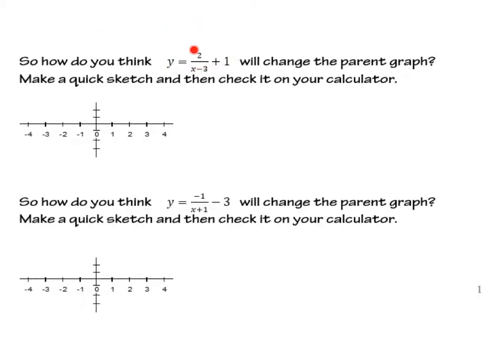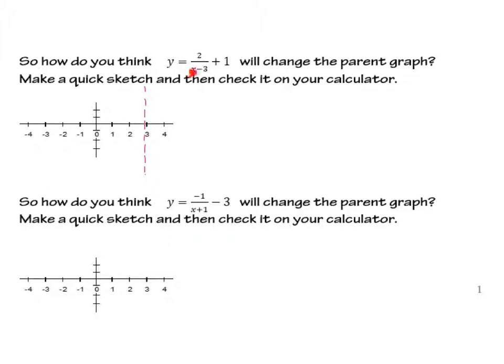In this one right here, the 2 is going to have a vertical stretch, so it's going to be a little steeper looking. This -3 is going to move it horizontally. We do the opposite, so it's going to move right 3. This is going to move it up 1. Okay, so what it's really moving for us are those asymptotes that we had. So that asymptote that used to be right on the y-axis, that vertical asymptote, is going to move right 3. So now I have a vertical asymptote here at 3,